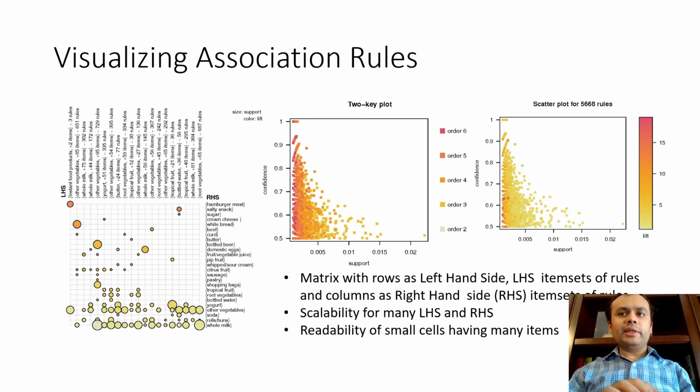So in the visual, what we are seeing over here is that we can visualize the association rules with respect to their support and confidence, and how many rules fall under a particular category, what is present in the right hand versus left hand side of the visual. So it's a good way to summarize such rules. But even with this, as we can see, if there are a sufficiently large number of such items present, then it would become difficult to make sense out of these rules.